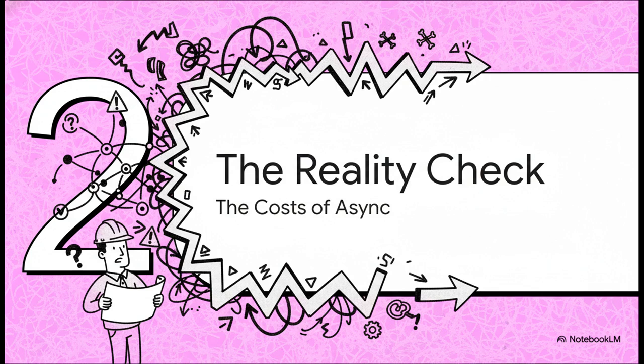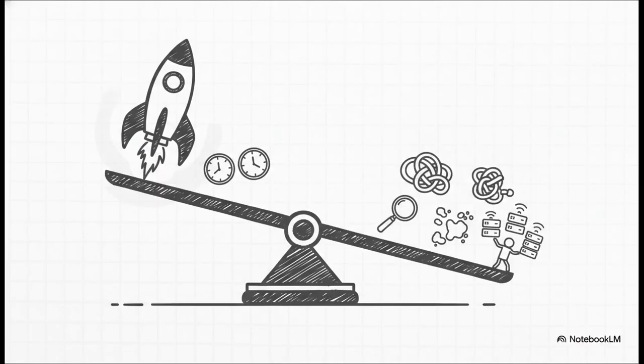Because now we get to the architect's reality check. Event-driven architecture is incredibly powerful, but it is not simple. And it comes with a whole new class of problems that you, the architect, have to solve. So here are the trade-offs you are making. You need to go into this with your eyes open.